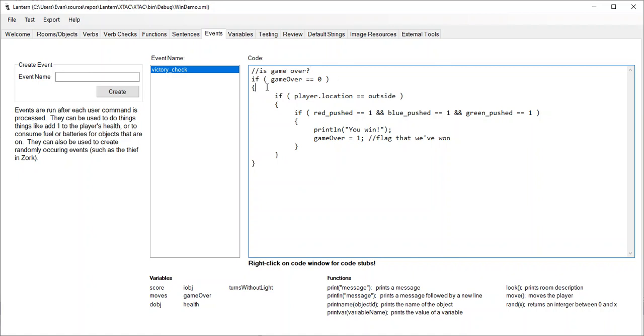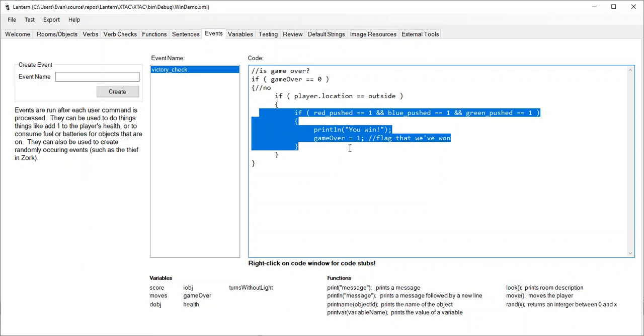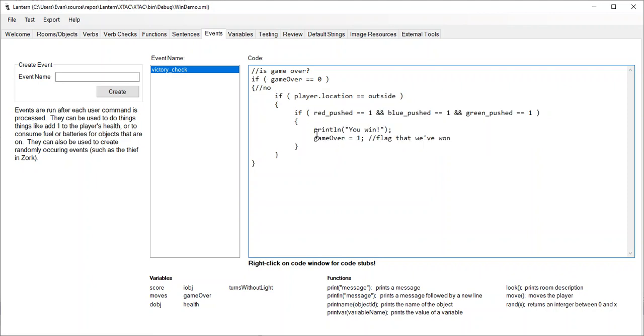So if the game is not over, because game over is 0, if we're in that condition where we started in, where game over was set to 0, that's when we want to check for winning, because we haven't won yet. So if game over is set to 0, as it is when the game starts, then we want to do our win check. Is the player outside? Yeah. Has the player pushed all the buttons? Yep. And then once we do that, we're going to print out you win, and we're going to set game